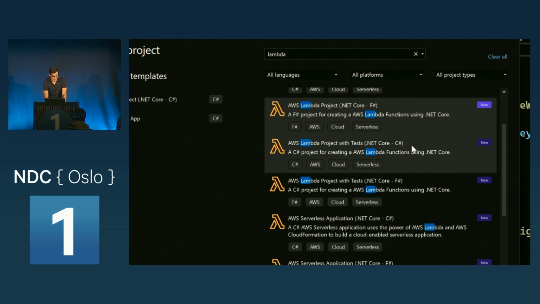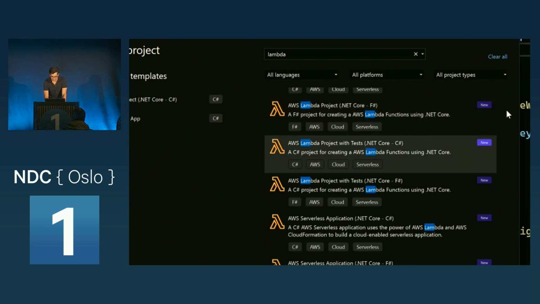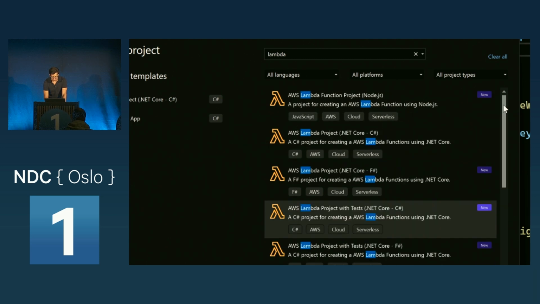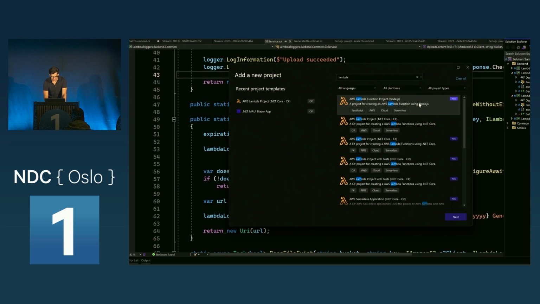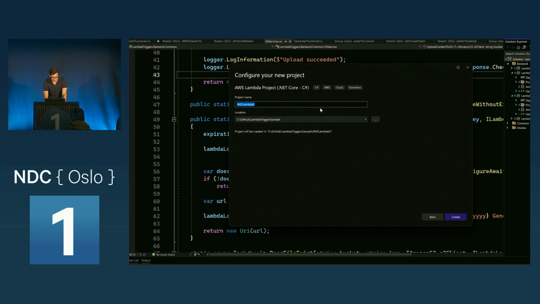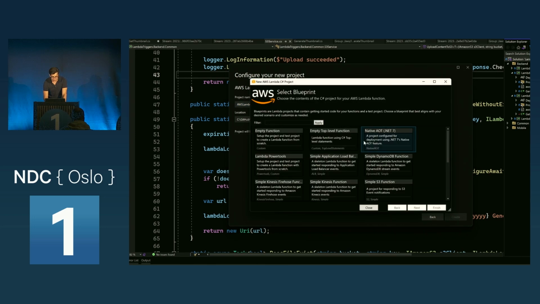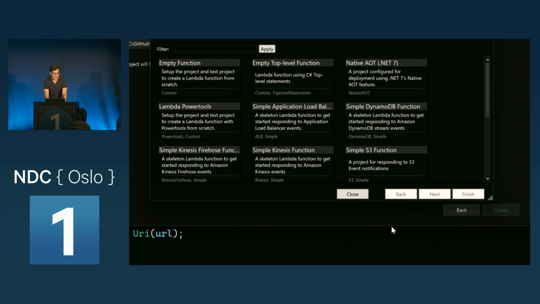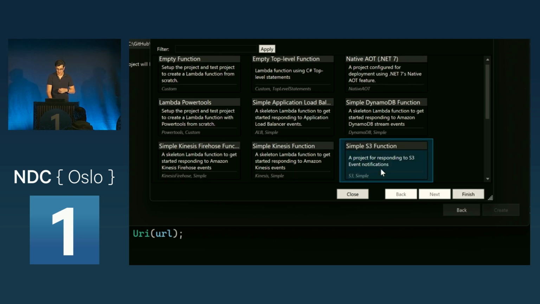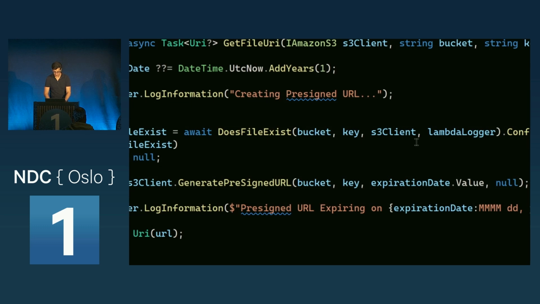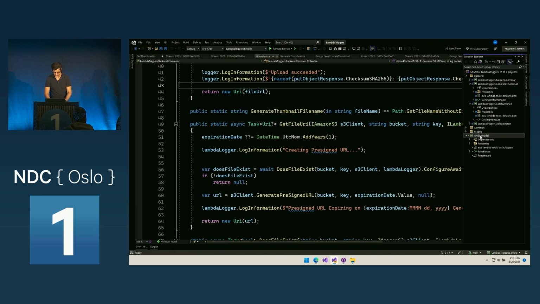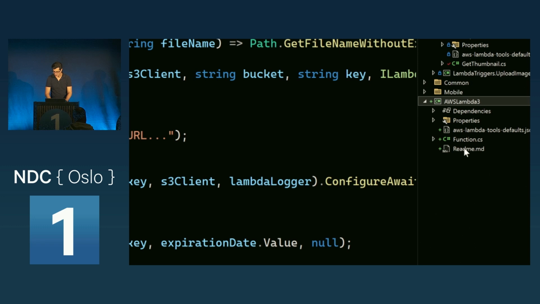You can do F#, you can do C# with tests. But just to show you, if I select, no, I don't want Node.js. There we go, C#. If you select one, you'll be greeted with all these options here. This is how I got started, because for example, I wanted to create an S3 function. So if we select that, then we'll add this project to our repo,